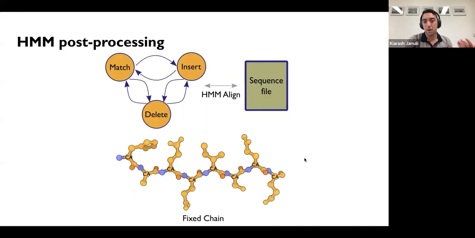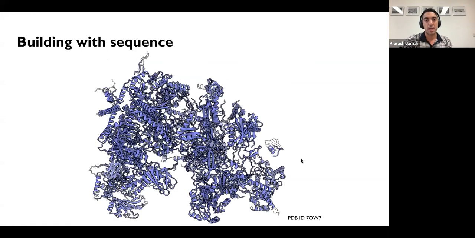So you take this hidden Markov model, you search it against the sequence file with HMMER, and then you get much closer amino acid predictions than you had before. So more correct ones. And this is an example of a model we built with the sequence.